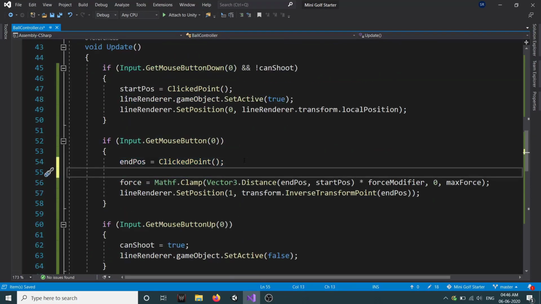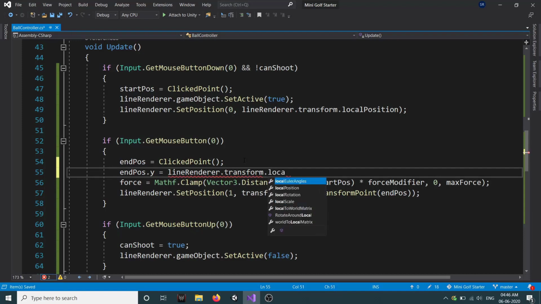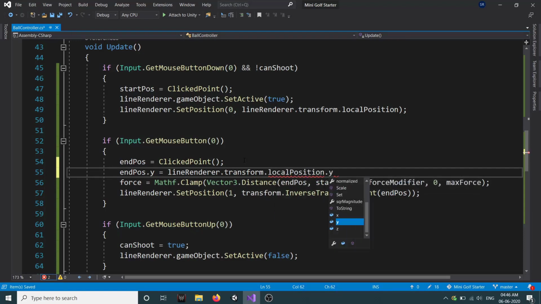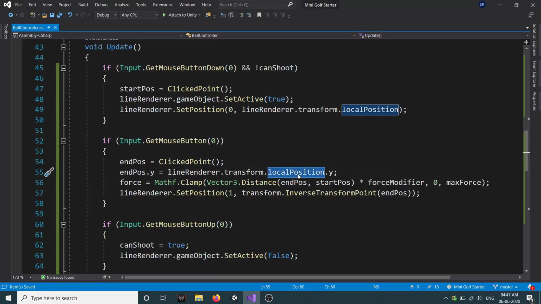Here we'll set our end pose dot y equal to our line renderer dot transform dot local position dot y, and let's try it. Let's click. Okay, it's going below this thing, that is also not good. Maybe just try position.